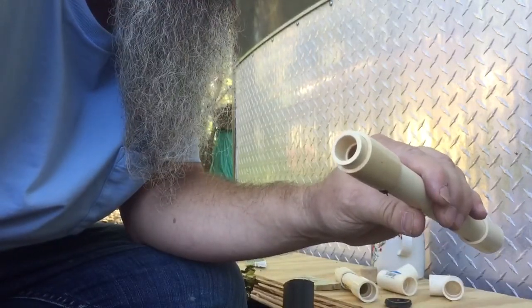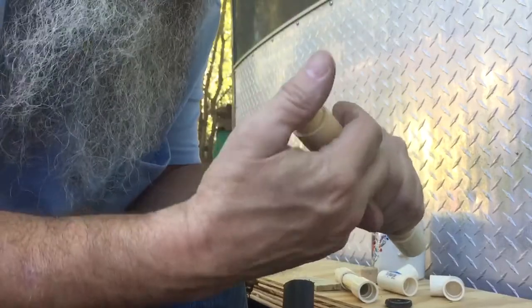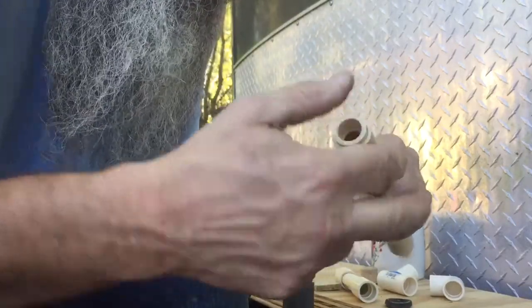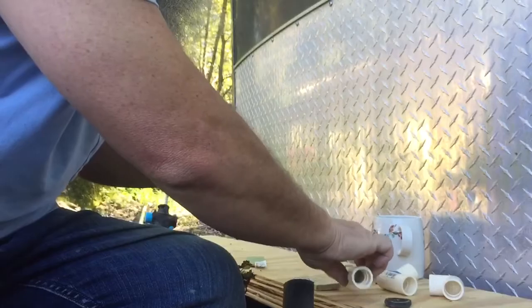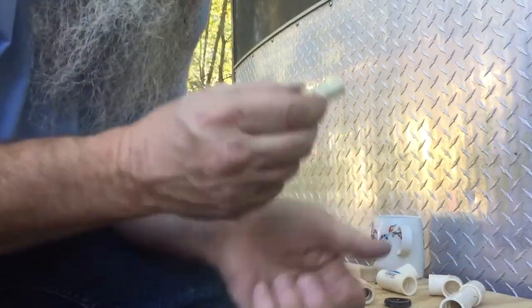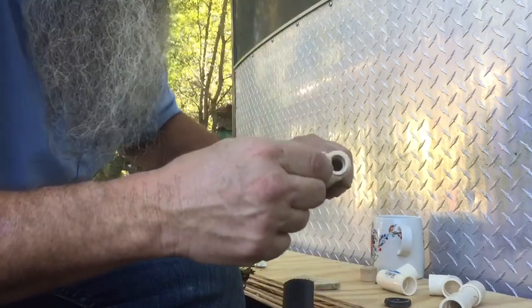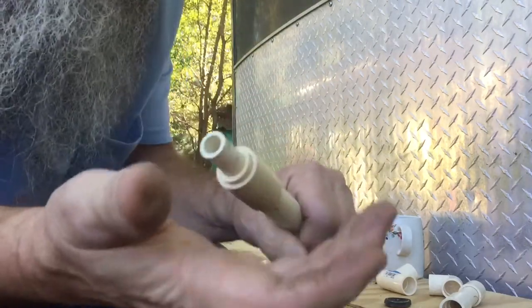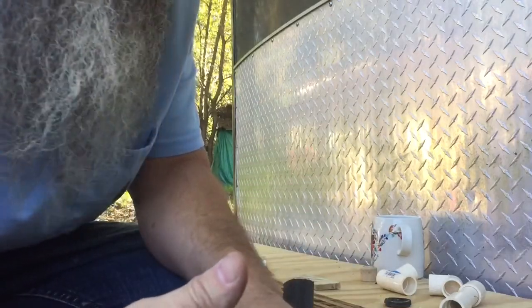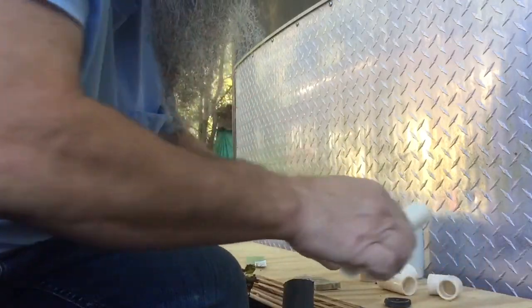Like so. Okay, and then just glue it, of course. Everything, you'll be gluing everything. Push that in. Okay, then you'll take a piece of 1/2 inch pipe, 1/2 inch CPVC. You'll glue it in there, like so. Glue it in there. All right, then you'll take,